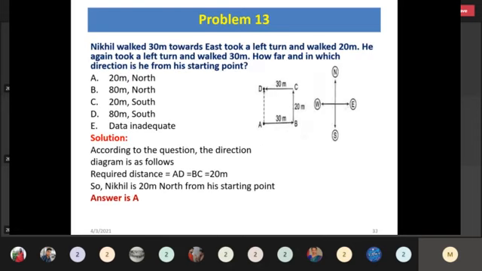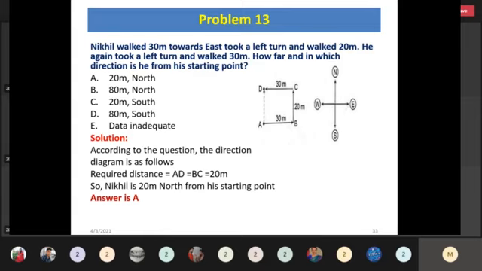Now coming to problem number 3. Nikhil walked 30 meters towards east, took a left turn and walked 20 meters. He again took a left turn and walked 30 meters. How far and in which direction is he from the starting point? The options are A, 20 meters north, B, 80 meters north, C, 20 meters south, D, 80 meters south,